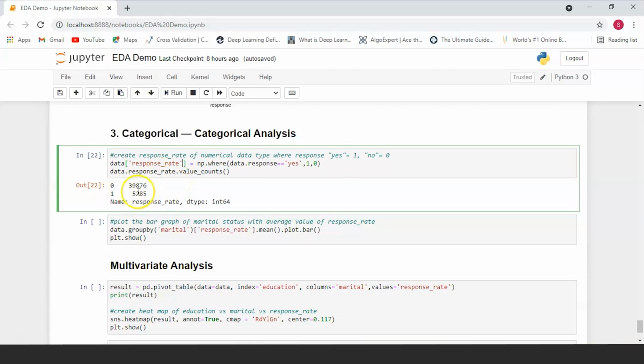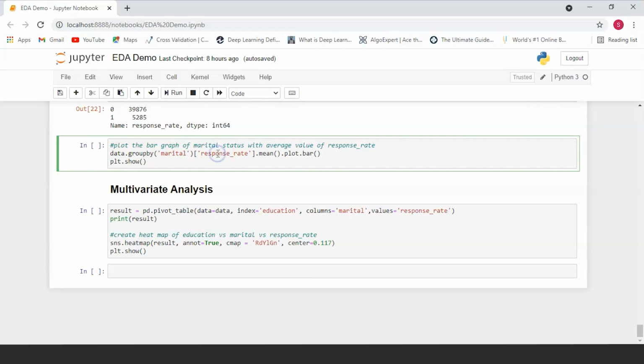So over here we have 39,876 people who said no, and that is how many values of 0 we have. And we have 5,285 people who've said yes, and that's how many yes values we have in this case.